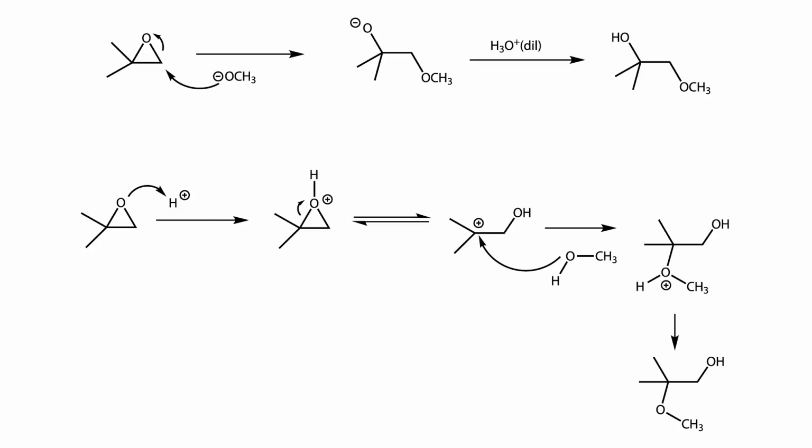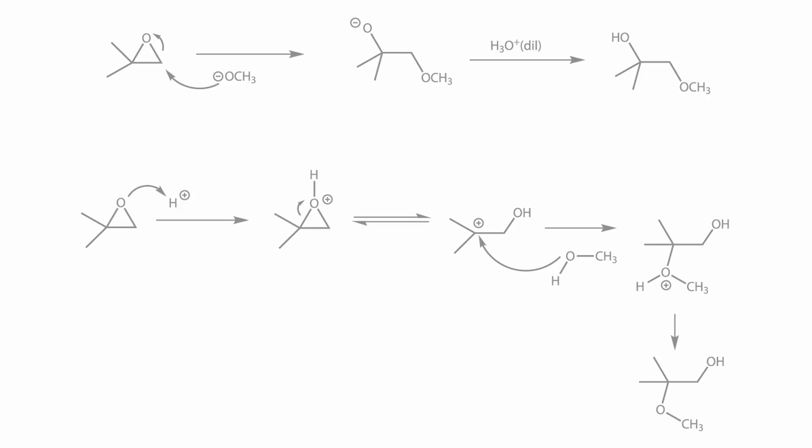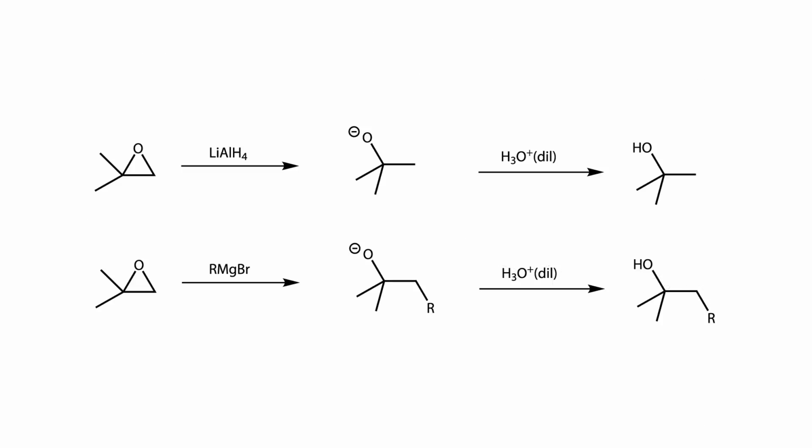Switch-ups like that are critical to our ability to make things, where we can switch what carbon gets which substituent. This is a big, big part of using the tools you have, is knowing how to direct where they go. There are other ways to do some of the same stuff, but the epoxide gives us openings that we didn't have anywhere else. A couple of noteworthy examples of the strong nucleophile